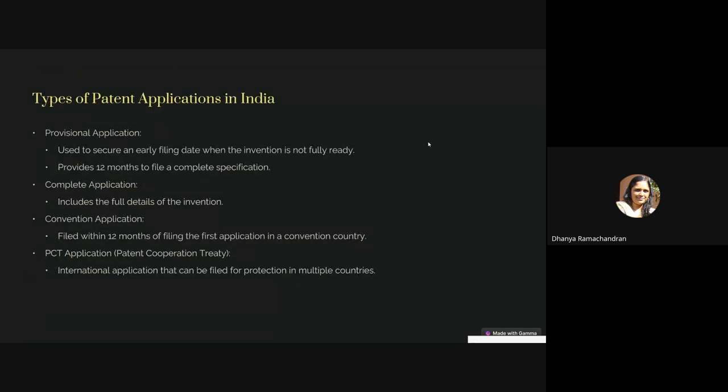So let us say you have developed something and you think it is patentable. So what to do? Before filing, there are certain considerations you should have. Pre-filing considerations. What should you do? You might think that your invention is new. You may also think it is inventive, but unless you look into the patent databases and non-patent databases, you cannot